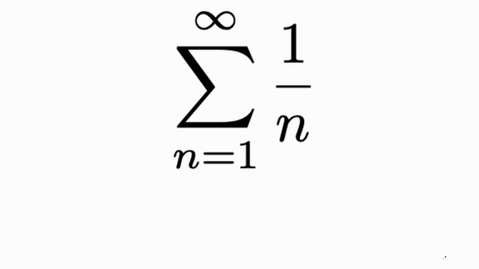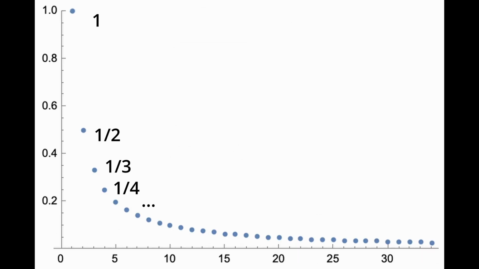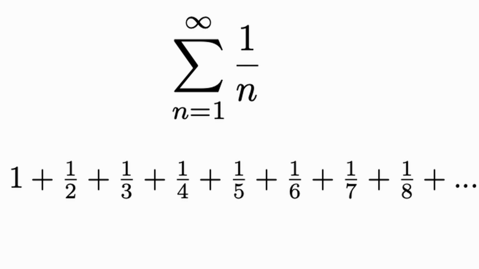The infinite sum of 1 over n is called the harmonic series. Let's graph part of it. You can see that each term in the harmonic series keeps decreasing as the size of n grows, but it doesn't reach 0. If we step back and look at the series again, we can split up and group its